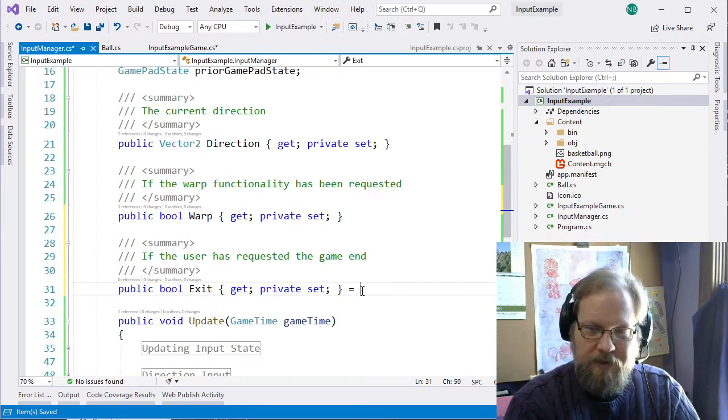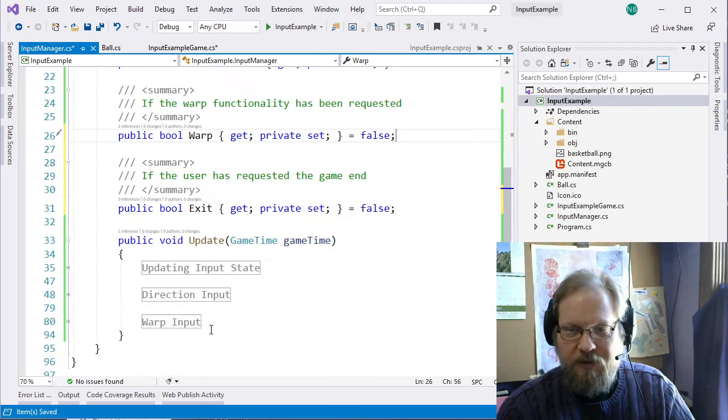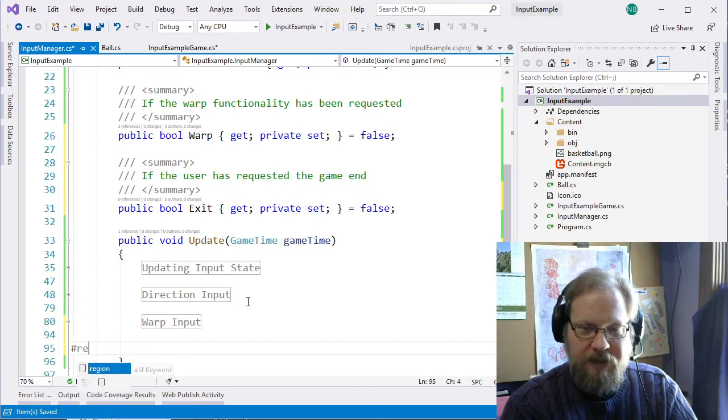And these are going to be false by default. Now, with Booleans, they always start at false, but we can also hardcode it to make it very clear that this should be false in normal cases. This should also be false in normal cases. And we're going to add a region,